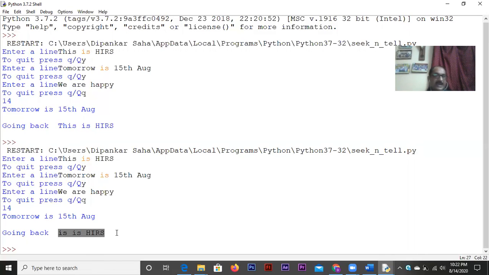So these two functions, tell and seek, might be important for you in terms of output based problems. This kind of output based problems I did not find any, but yes, with the earlier syllabus with C++, this was there. Fine. So I have a feeling that in the long run, they might give you some output problems based on these two functions.